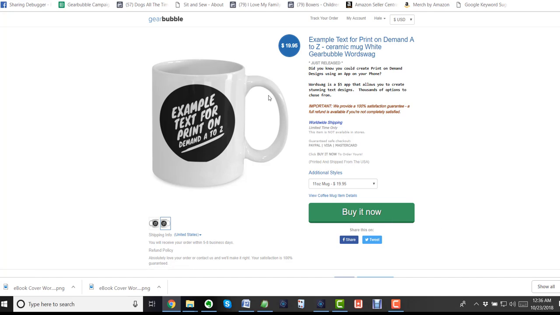But for this, so this is what we're looking for now. Up here is the URL, and if you were doing Facebook advertising, that's where you would send people. If you're doing a blog post, this is the URL that you use to send people to buy your product. But we're not actually done yet. So I'm going to click on this and go back to